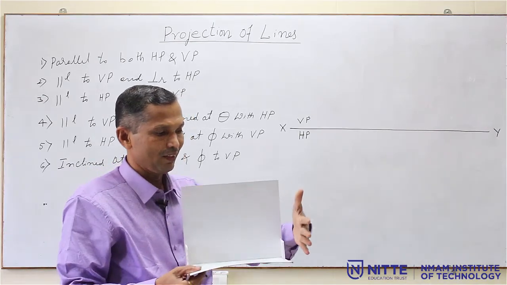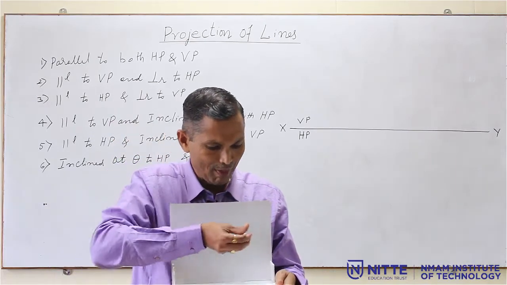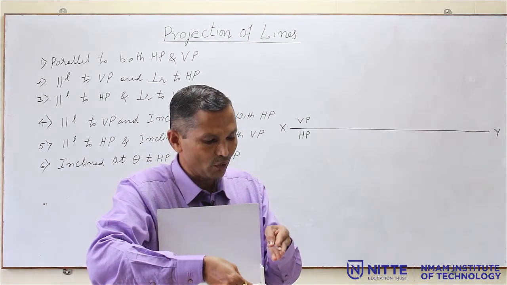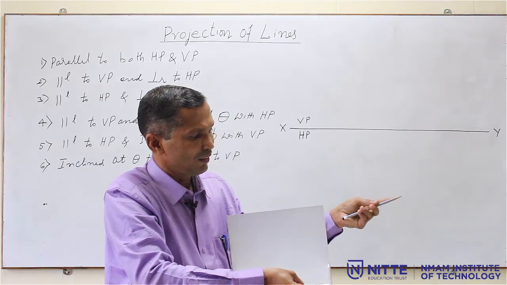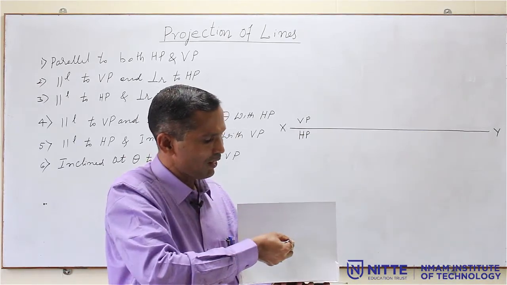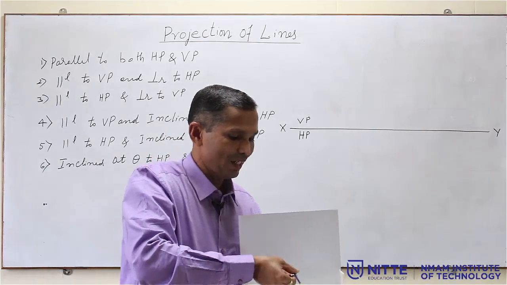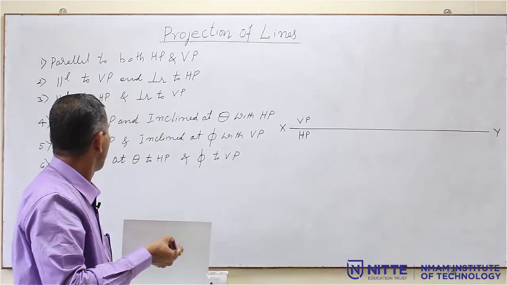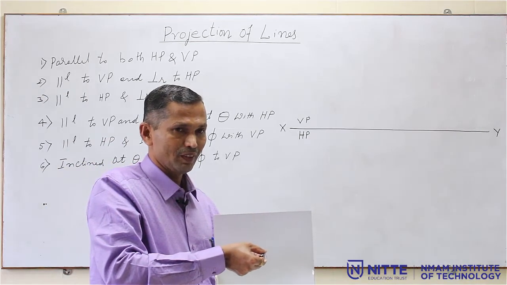Actually, there will be a plane here like this in this side wall, and there will be an image like this, but I have to rotate it, or I have to make it 2D. 2D means to the plane of VP. So, how does it look? The profile view looks like this. So, front view is a point, profile will be a line like this, and the top view will be a line like this, because it is perpendicular to VP and parallel to HP. So, this is the position.